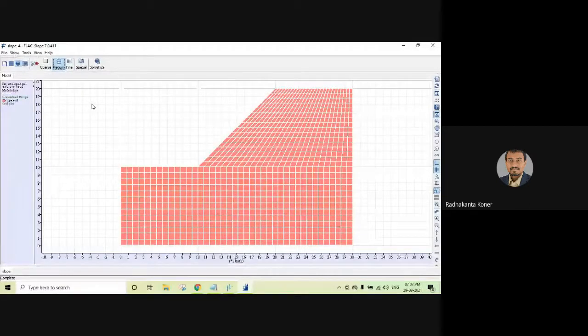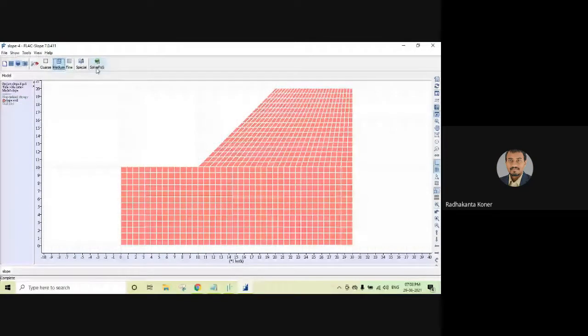So please remember that grid size means the extent of the zone we are considering, that is, how much spatial distance as well as height one grid occupies. So this is to be clear. We have considered a medium grid. Then what to do? Suppose we solve. Okay, so solve any slope problem.